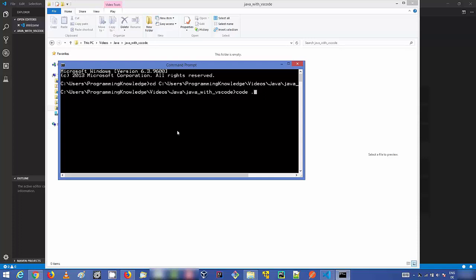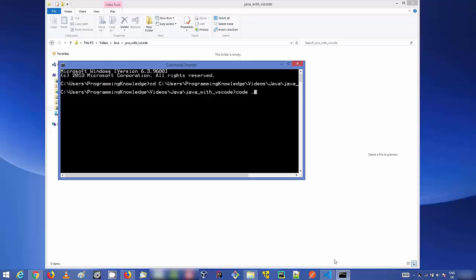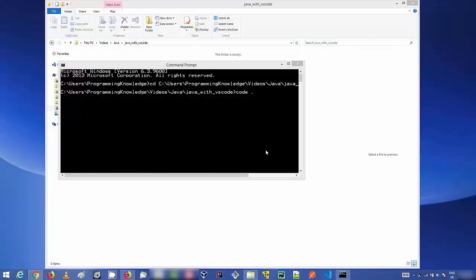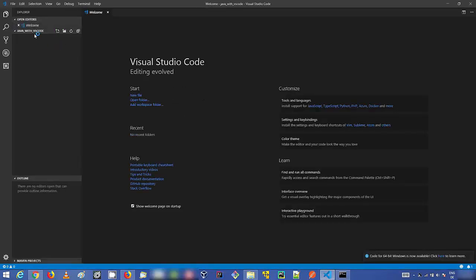And what this is going to do is this is going to open your Visual Studio Code inside this directory. So this directory, you need to cd into this directory using the command prompt and then give this command. Then also it's going to open this folder inside Visual Studio Code. So let's see how it works. So I'm going to close the Visual Studio Code and then give this command, and you will see this is also going to open this folder inside the Visual Studio Code editor.